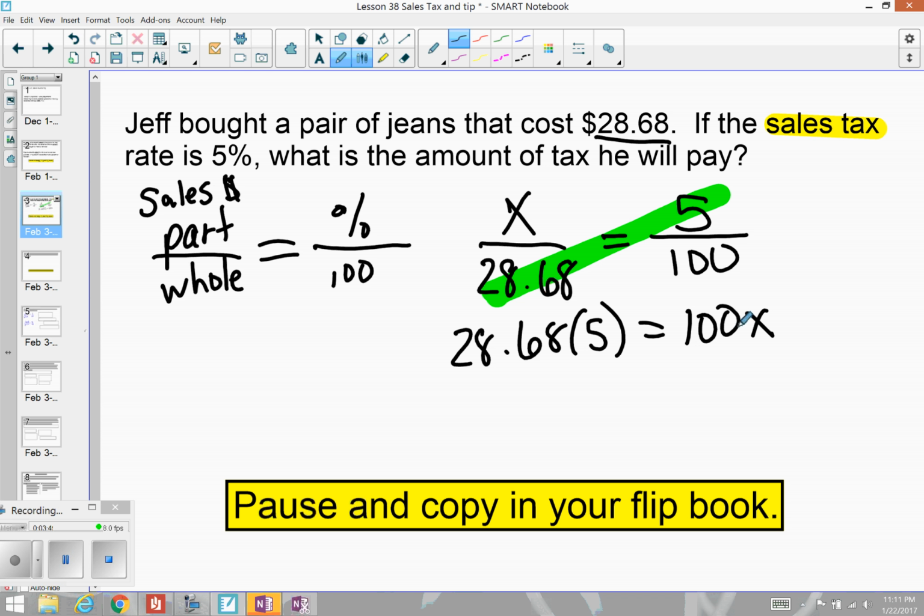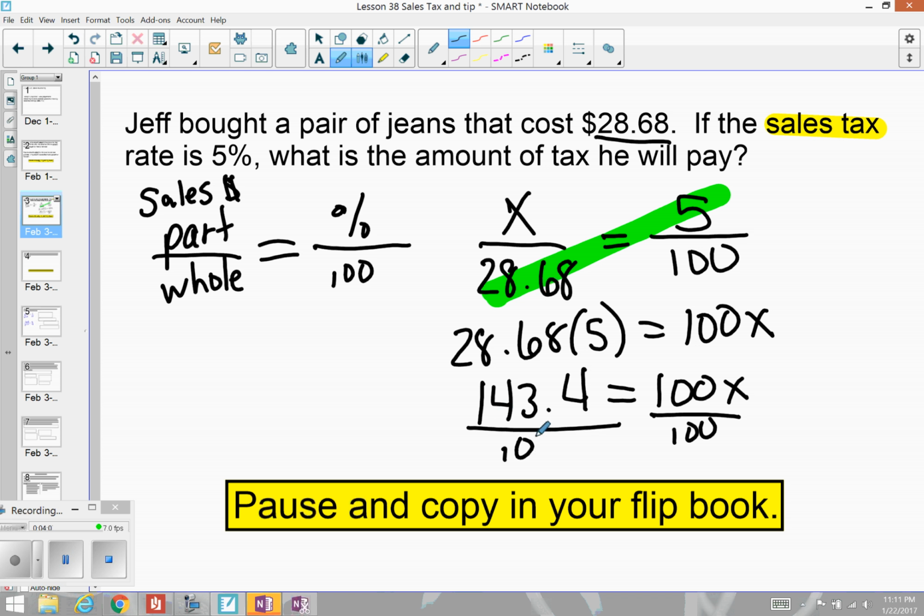$28.68 times 5, and we're not going to worry about turning this into a decimal right now. In this case, it says that it's 143.4, and that's equal to 100x. So we need to divide by 100 on both sides if you were setting it up. But in our calculator, we're just simply going to divide by 100. And we get that x is equal to